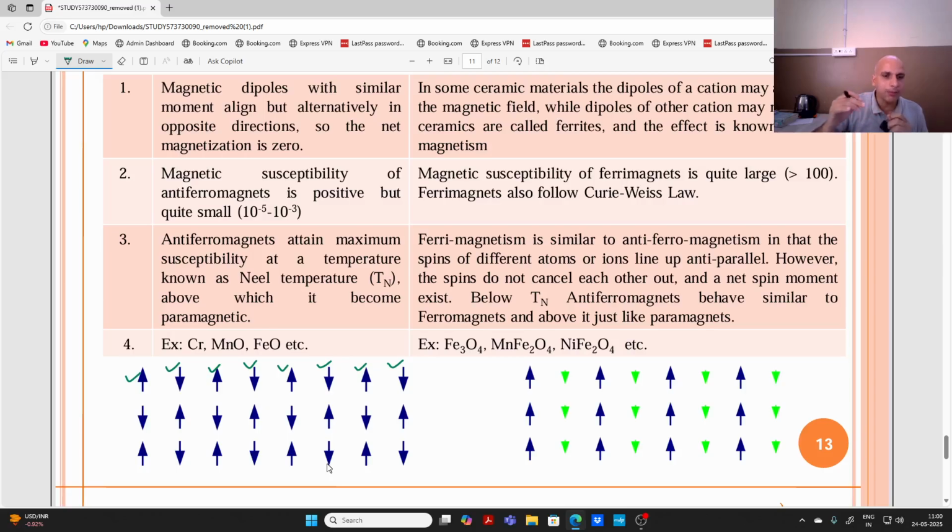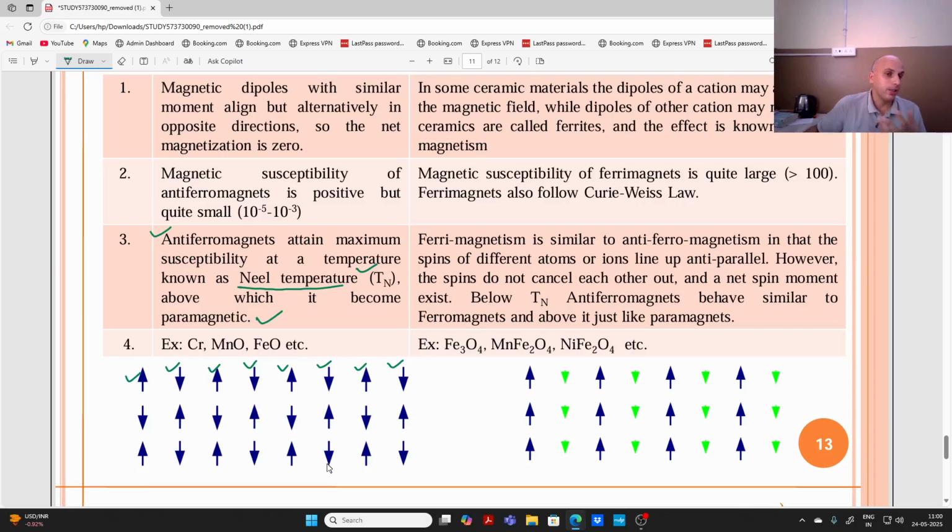When we go on increasing the temperature, a particular temperature will be reached at which the parallel alignment of the magnetic dipoles will get disturbed and the material will simply become paramagnetic, and the magnetic susceptibility will start decreasing with the rise in temperature. That temperature is known as the Néel temperature. It is the temperature above which susceptibility starts decreasing and the material becomes paramagnetic, directly from anti-ferromagnetic